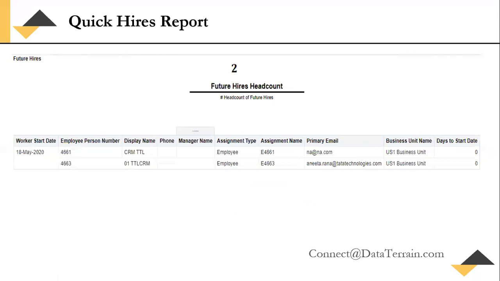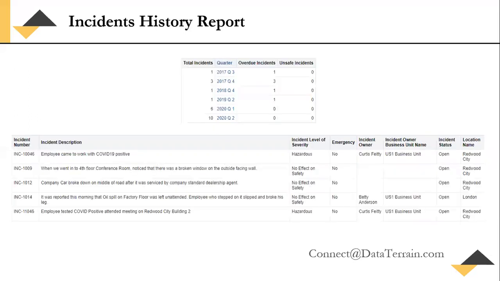This report provides the count, and you can also run it for a date range, which is customizable. By default, we have kept it for the next 30 days. It takes the as-of date that you are running and provides data for the next 30 days. These are some of the reports we have developed for COVID. The same reports can also be built using other technologies such as Oracle Analytics Cloud, Taleo, BI, and PeopleSoft. These are the reports I had to showcase for the day.